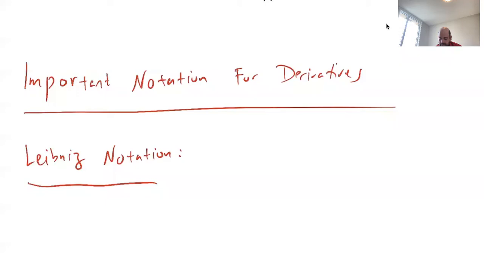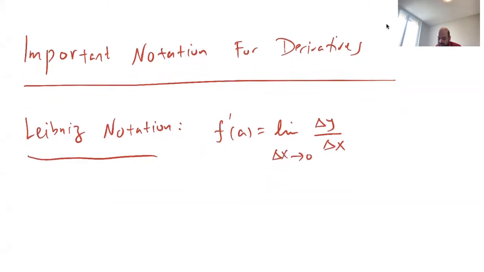We saw that the derivative at some point a, let's say, is basically the limit of delta y over delta x as delta x approaches 0. Right? So this one was the same as the limit of f of x minus f of a over x minus a as x approaches a. So x minus a is delta x, f of x minus f of a is delta y, or the change in y. And as x approaches a,